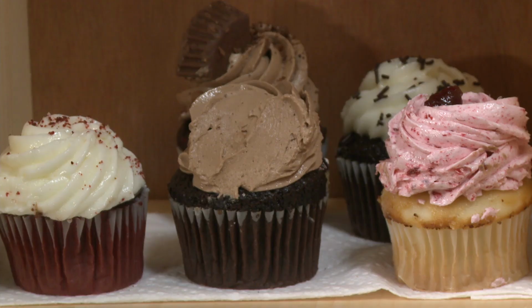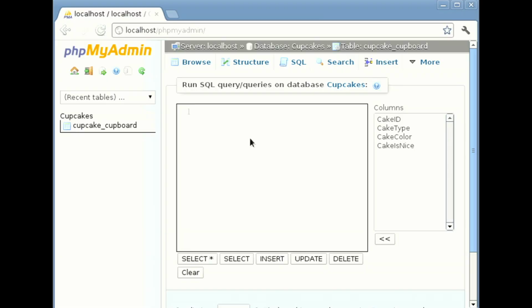We can also refine our query results by specifying the where clause just after the table name. For example, there appears to be a cupcake in our cupboard that is, well, not so nice looking. Let's figure out all the cupcakes in our cupboard that are not so nice looking using the where clause. The syntax to do this is select space star space from space cupcake_cupboard space where space our conditional column, in this case cake is nice, space equal sign and the Boolean value